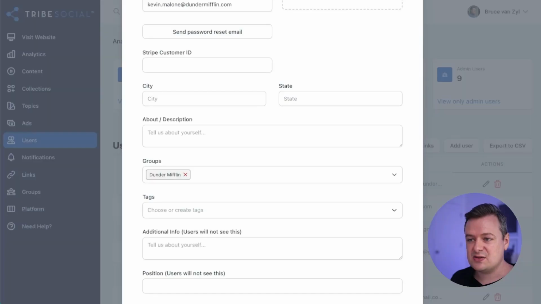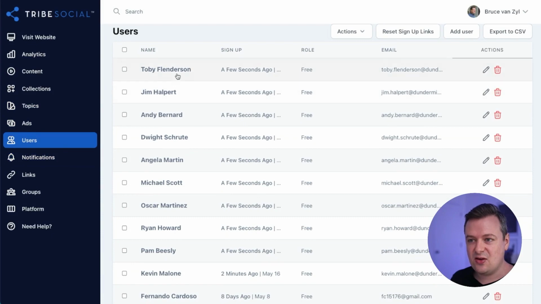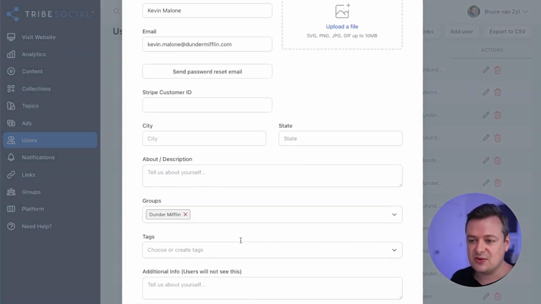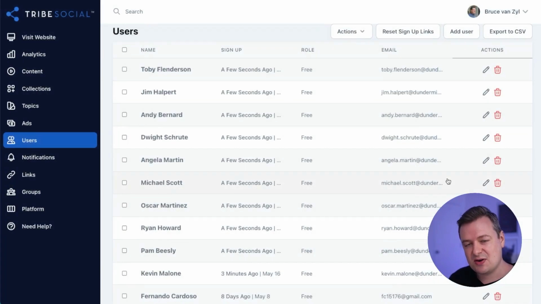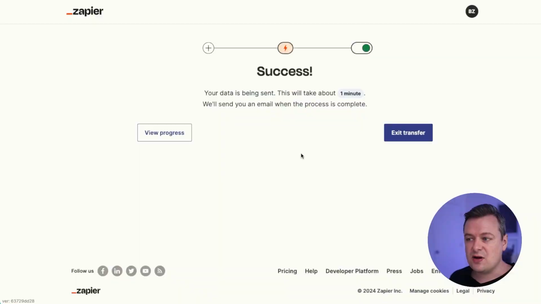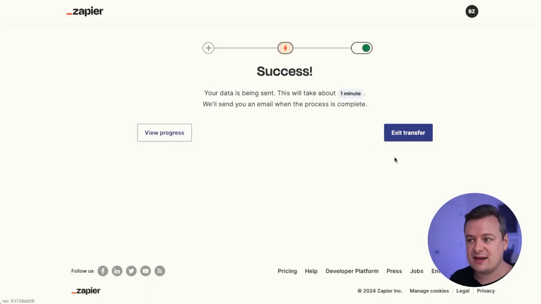So if I jump over to the dashboard now and I go back to users, you'll see all of the users here have been added. And remember, we tried Kevin Malone earlier as a test, and I didn't even mind that I included him a second time because Tribe is smart enough to know that, hey, this user already exists and he's already in the group that he needs to be, and so it won't do anything to that. You can run this as often as you like. Simply come back into the spreadsheet, add a bunch more rows and more data, and then go back and run the